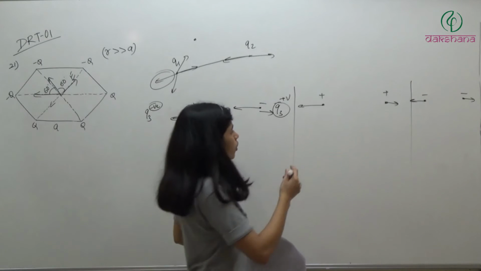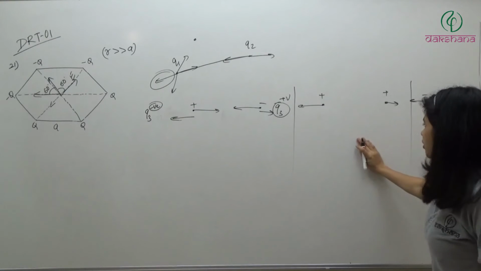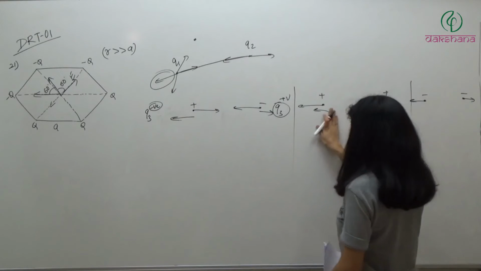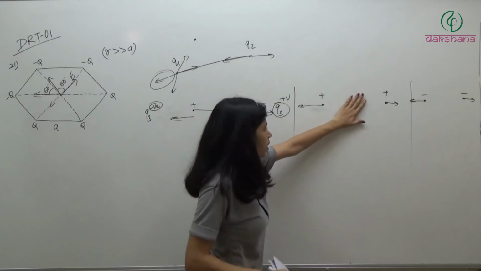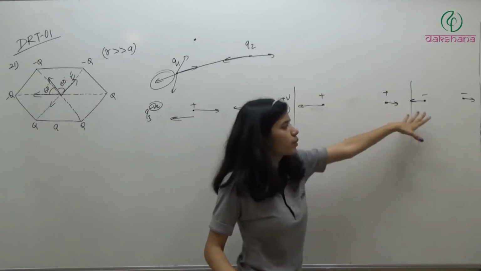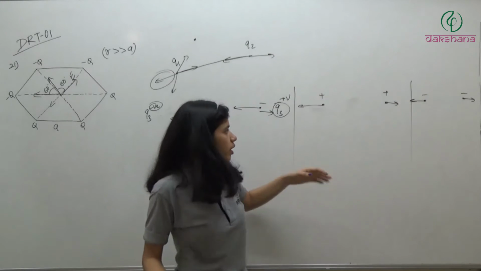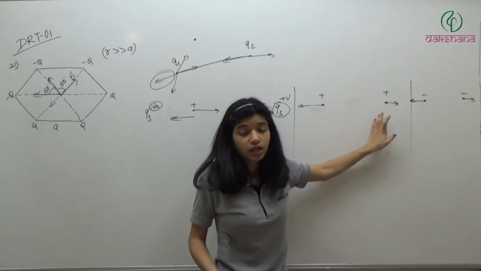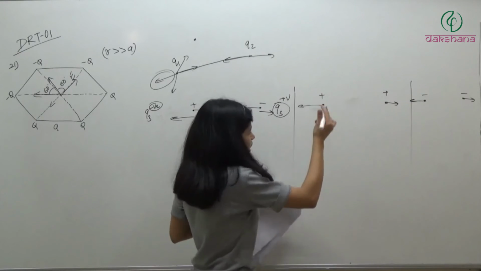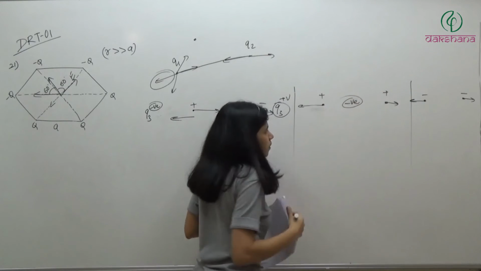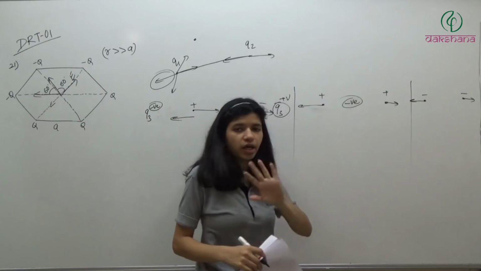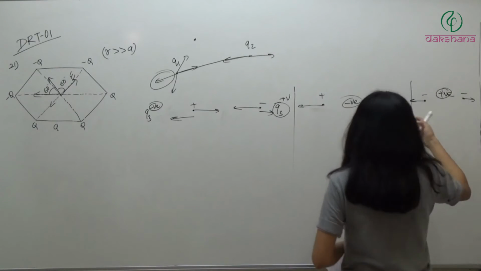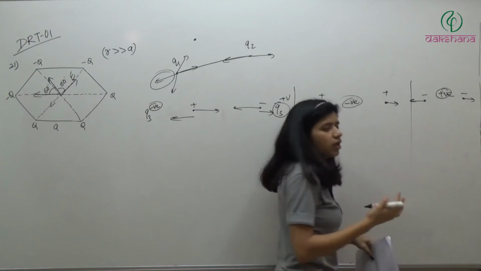Clear? Now in this case, if we have a positive charge, where do we keep it? If we have a positive charge here and we keep it here, it will repel this, and it will repel this too. Both will not be in equilibrium. If we keep it here, it will repel this, but it will repel this as well. So this cannot come into equilibrium. So here we need a negative charge, which should be kept here. So it attracted this, it attracted this, cancel. Here we need a positive charge, which should be kept here. It attracted this, it attracted this, cancel.